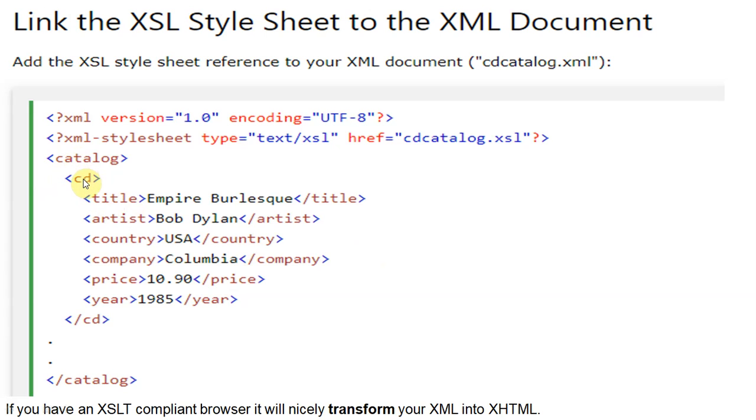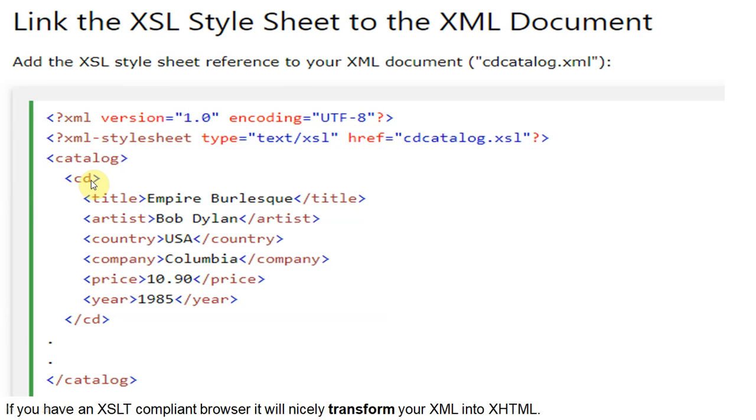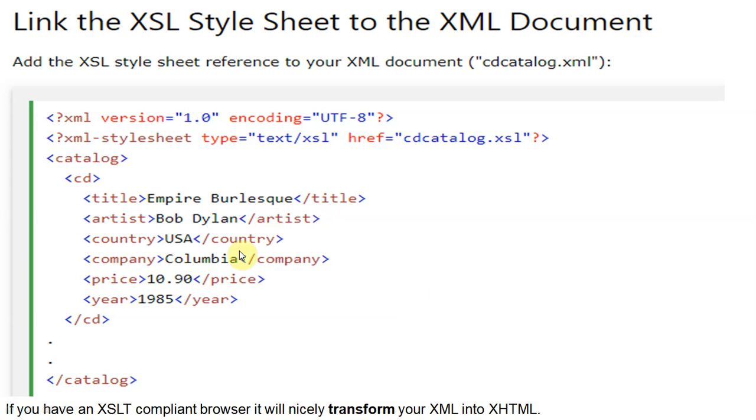Inside catalog we have the cd element. Inside the catalog element we have the cd element. So when the catalog and cd element occur, as we will select catalog/cd, as we will select this cd under catalog, then we come inside the tr, and inside tr we have td, and we have xsl:value-of select="title". Value-of select equals title means the first element we are selecting here is title.